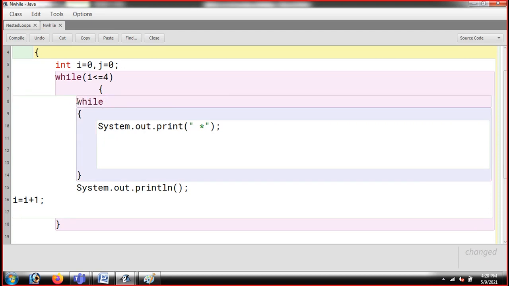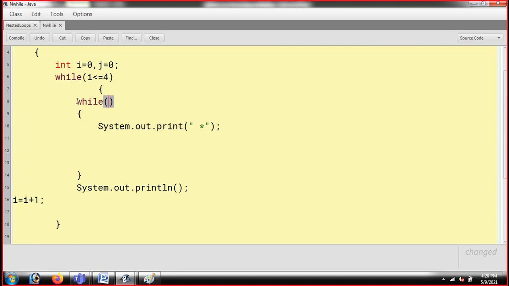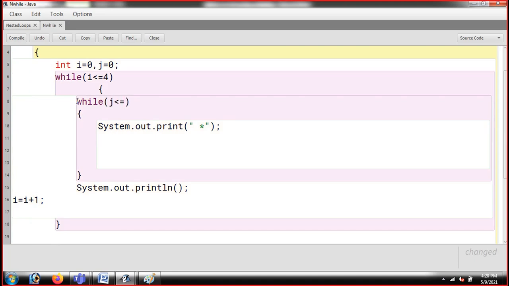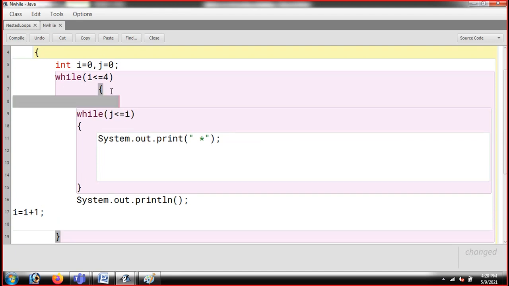You can see I simply write here while, and I just write the condition, guys. The condition which I wrote in the for loop, I'll be writing the same in while: j is less than or equal to i, because j is following i. And whenever you come to the inner loop, you just need to know that j is starting from 0. So these many things we just need to do in the inner loop. One more thing I'm going to do here is increase the value of j by 1. I'm going to apply indentation, guys.